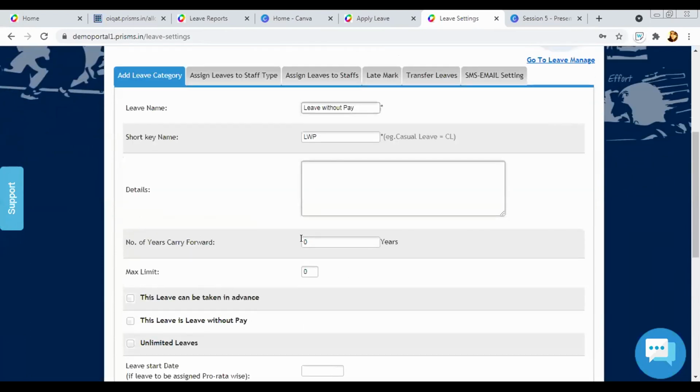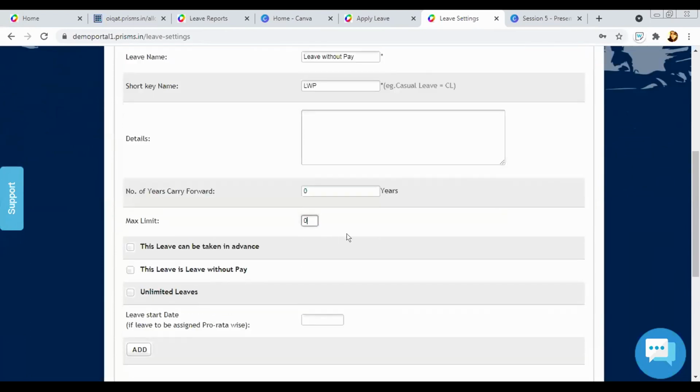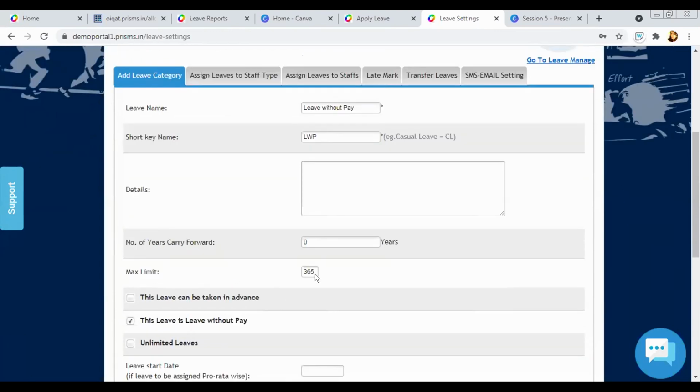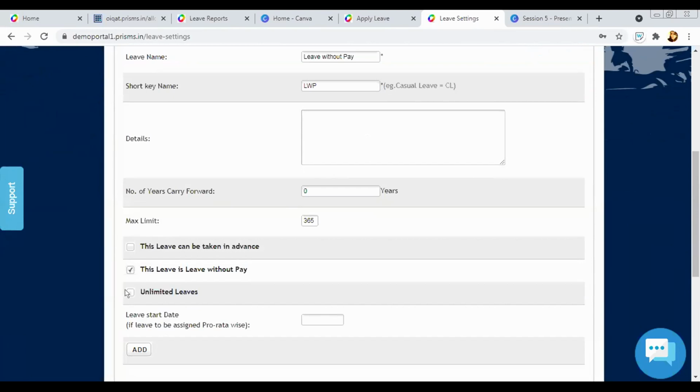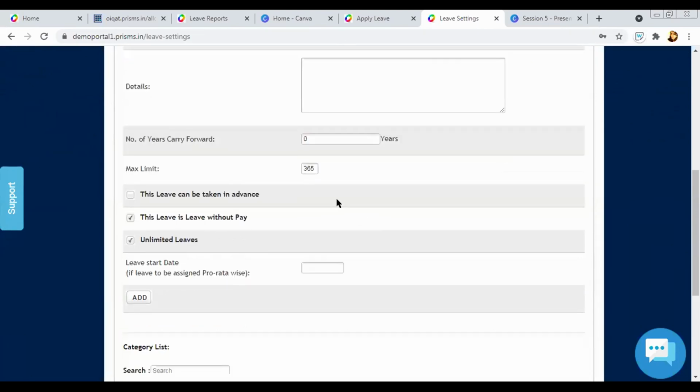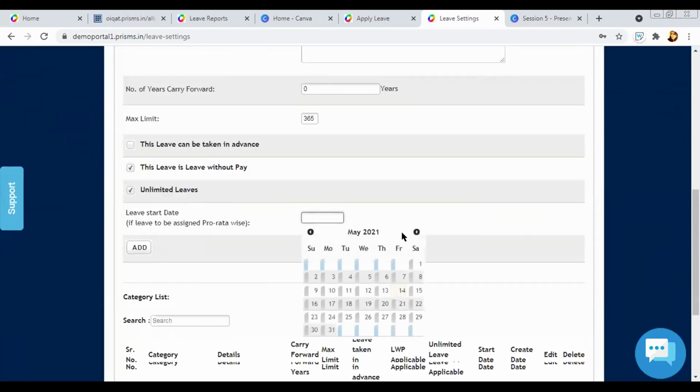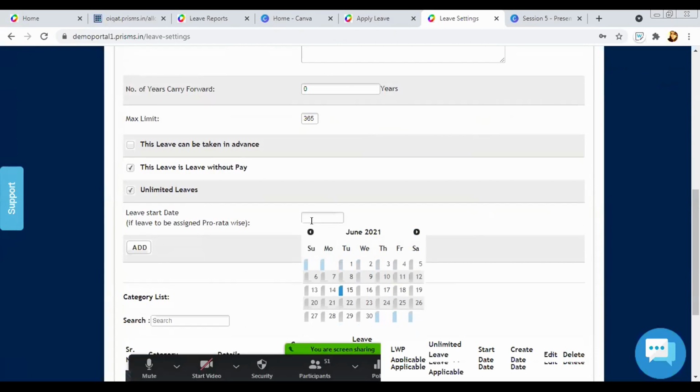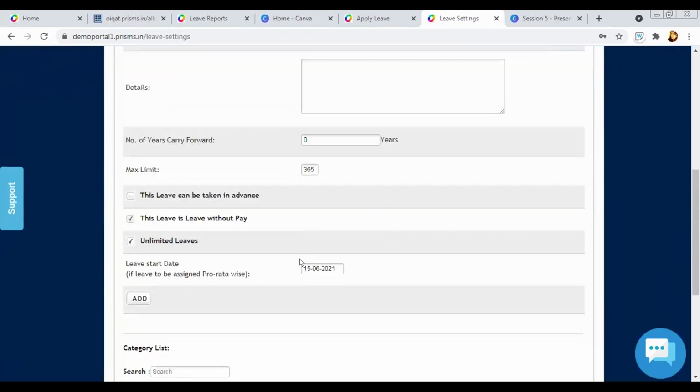How many years can it be carried forward? Maximum limit: it can be taken throughout the year, so I'll give 365. This is a leave without pay, so I have to choose that. And how many LWPs can they take? It can be unlimited also. And again, the start date, from when it's supposed to be counted.